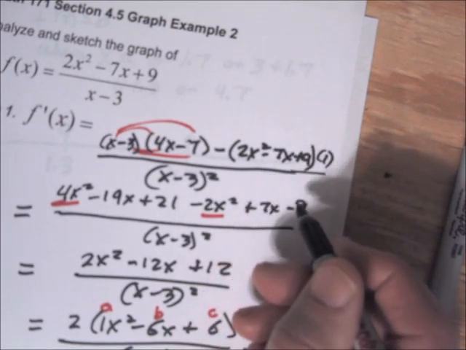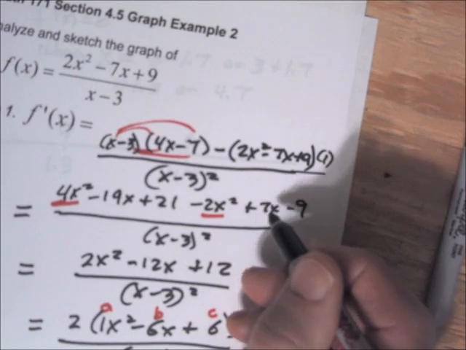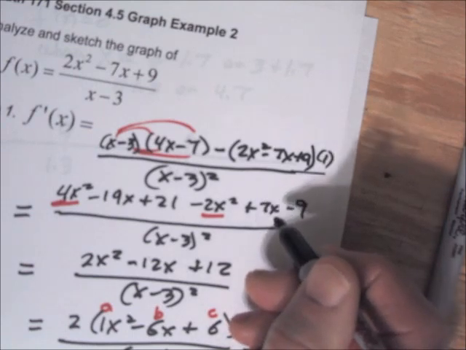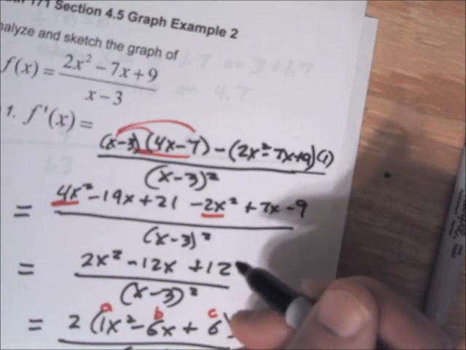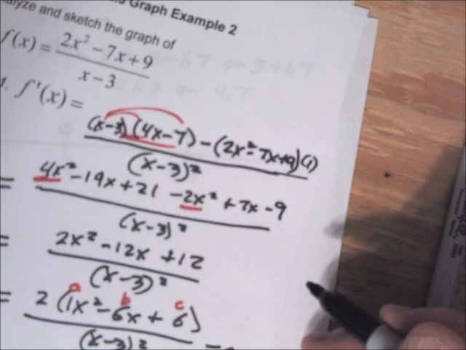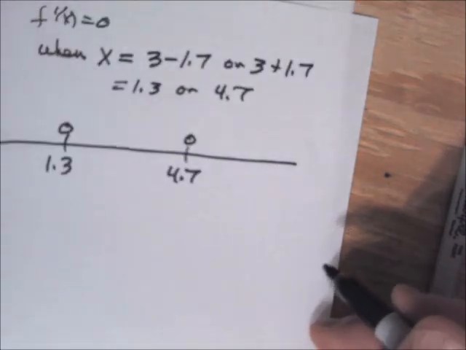So minus 2x squared plus 7x minus 9. 4x squared, 12x, 19x. Okay, so